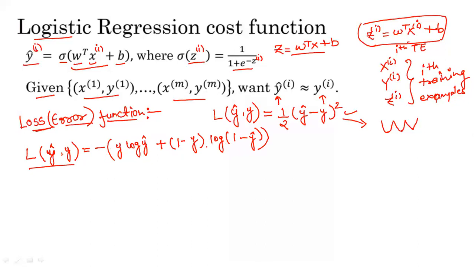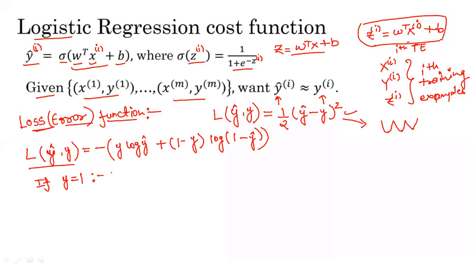Keep the precise location of y and y hat in mind, otherwise the whole equation would not give you accurate and perfect results. Now we need to study some intuitions about this loss function. The first one is that if you put the value of y equal to 1, what will happen?